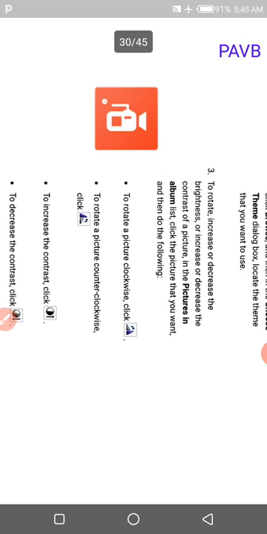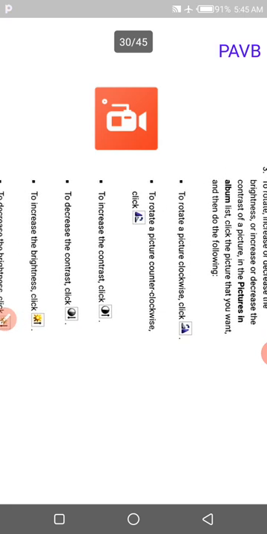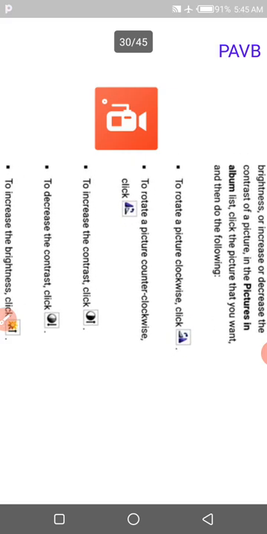To rotate, or increase or decrease the brightness, or increase or decrease the contrast of a picture, in the Pictures in album list, click the picture that you want and then do the following. To rotate the picture clockwise, see the icon.